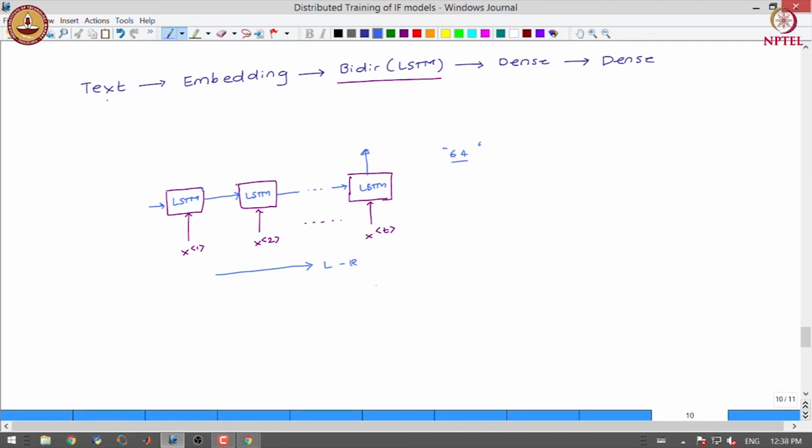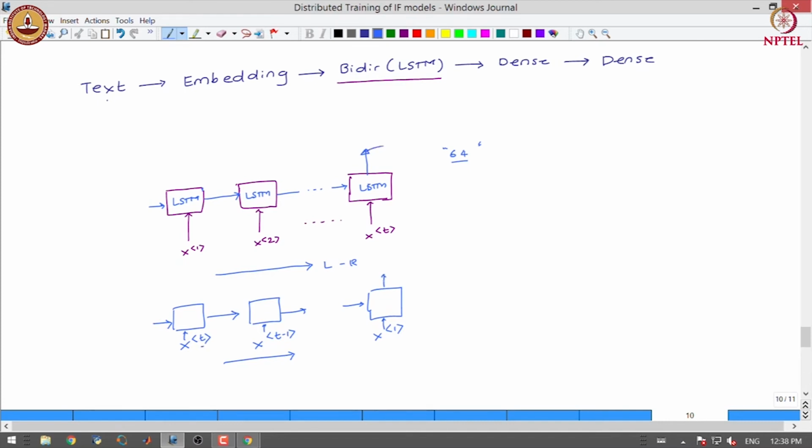And in the bidirectional version, in the other pass, we start with the last word and do LSTM calculations and pass the recurrence from right to left, in a sense, because we started with the last word and we are going up to the first word.